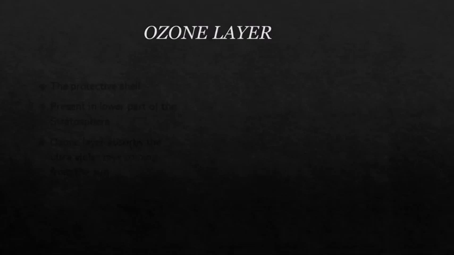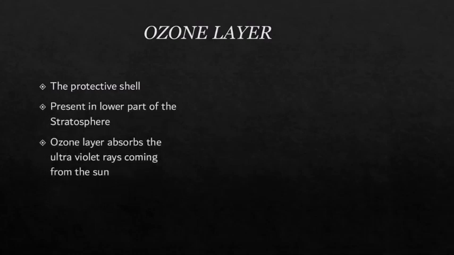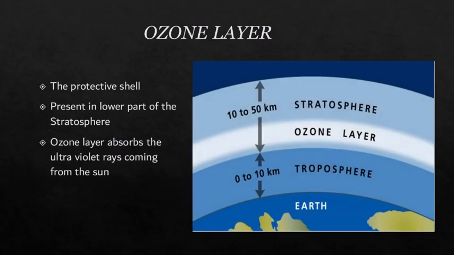Let's learn about the ozone layer that is present in our atmosphere. Now, there is a layer of ozone gas in the lower part of the stratosphere. Ozone gas is not directly used by us, but yet it is very important for the survival of living things. Now you will say, if we don't use it, then how is it so important? Well, children,